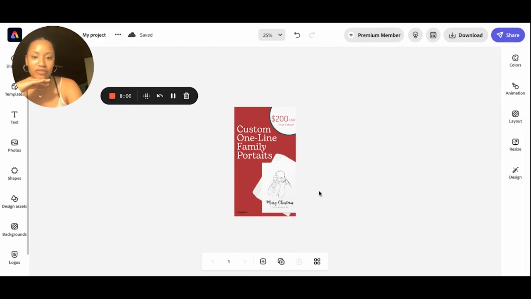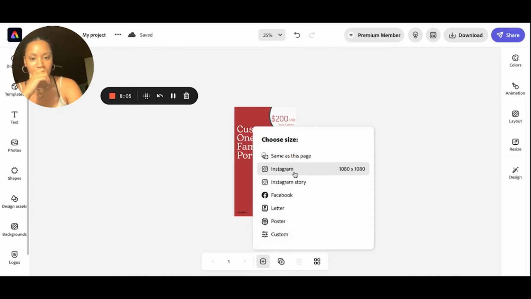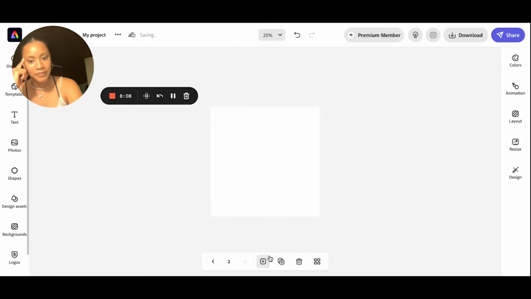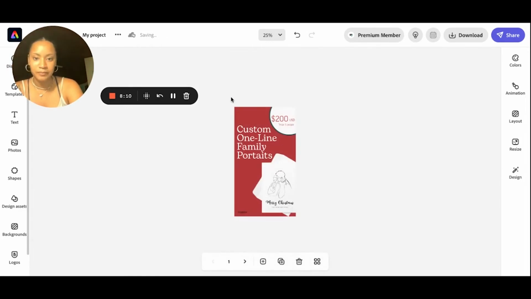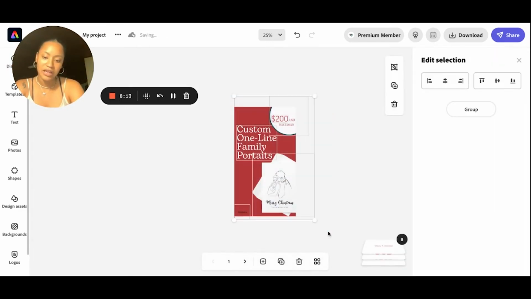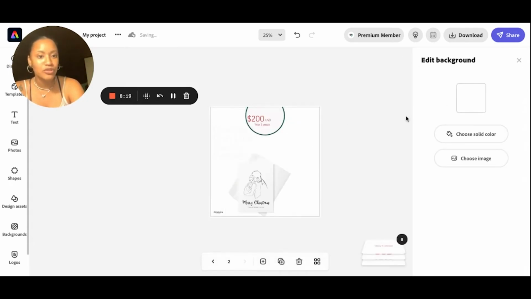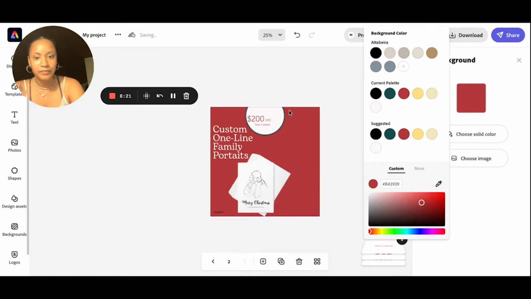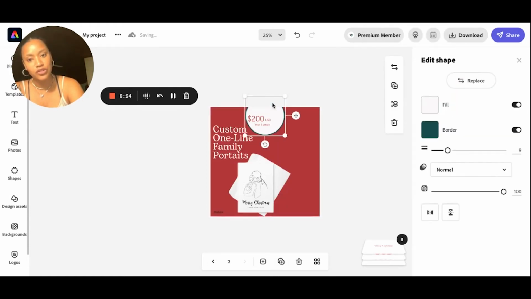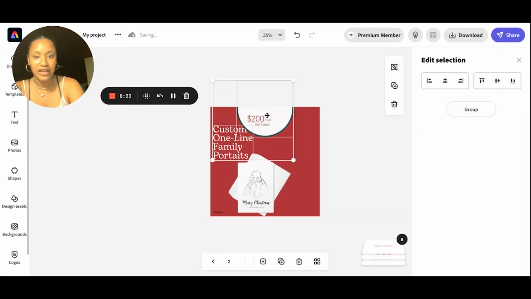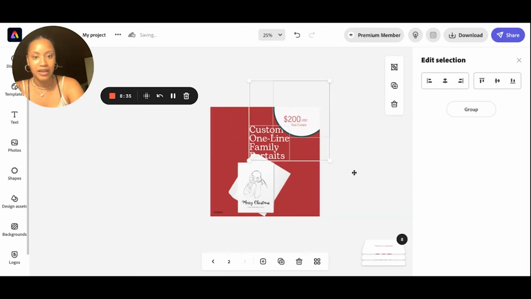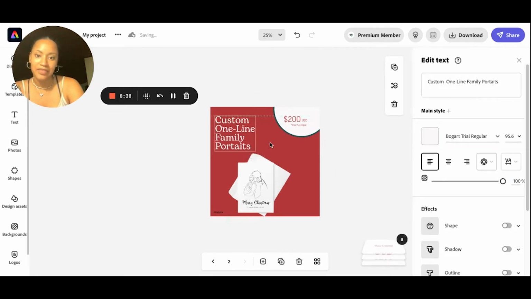And for that, all you have to do, I already have this design, right? I'm going to go to add page. I'm going to choose Instagram Square, for example. Then I'm going to go back to my first page. I'm going to copy everything. And then I'm going to go to my second page and I'm going to paste it. And all I have to do is just rearrange the things that I have already created in my design. And that is